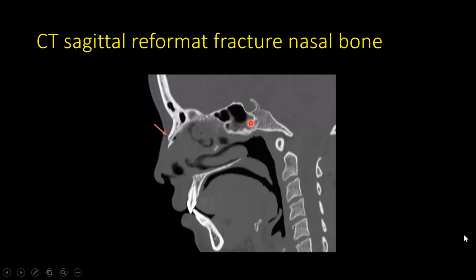You see mild mucosal thickening is there, and part of the frontal sinus you can see here. And you remember the hard palate, what was that? The palatine process of the maxillary bone. Okay, of course, the cervical spine. So next,